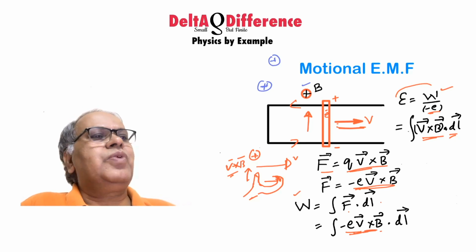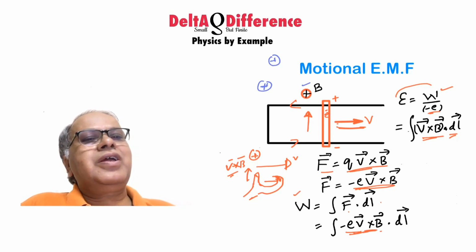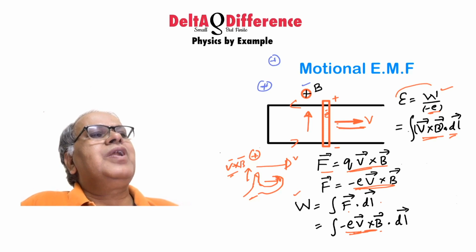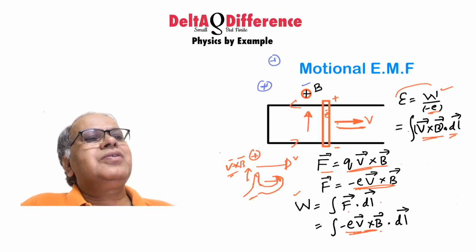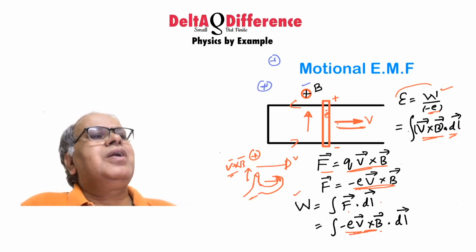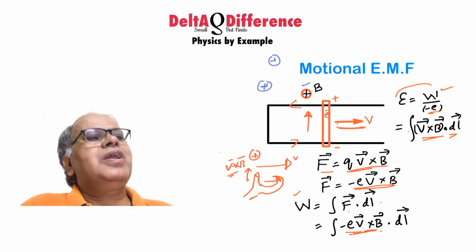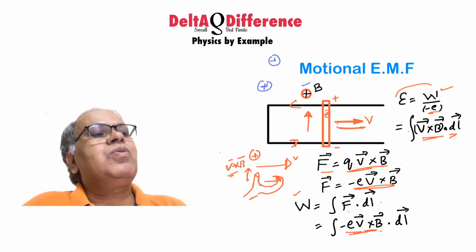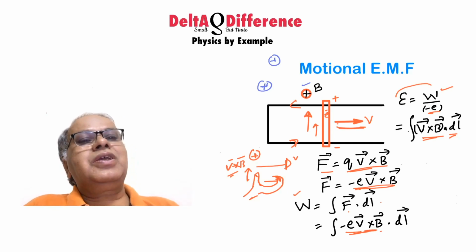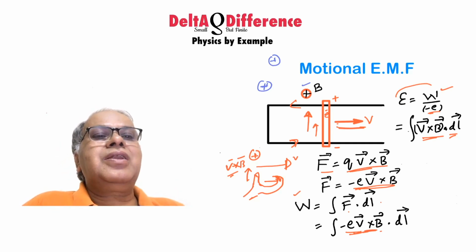Those who know it, you stretch your right hand in such a way that the field is pointed by the forefinger, right? So in this case it is into the plane of the paper, and then the thumb is in the direction of motion of the rod. Therefore current is in the direction of the middle finger, which is here in the upward direction. So current is going out like this and coming this way and going up in the rod. So it agrees with your Fleming's right hand rule as well.